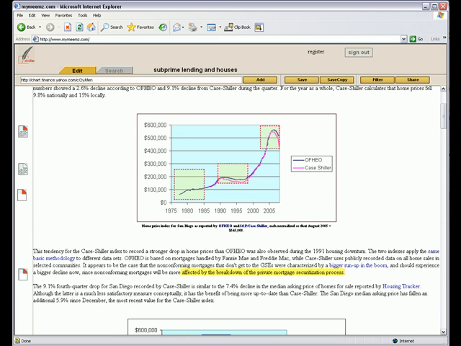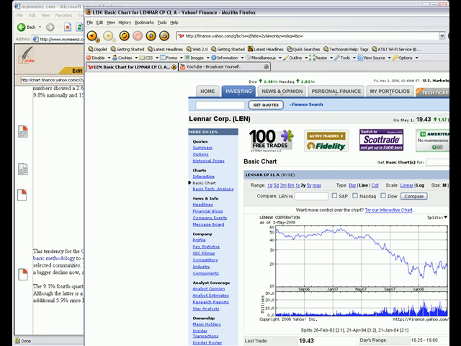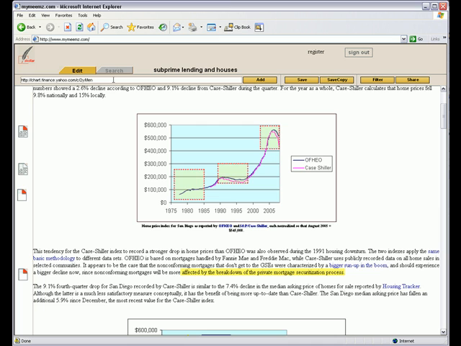And in this particular case, I've selected to add a document from Yahoo Finance, which has a nice chart, stock information for one of the major builders that would have been affected as a result of mortgages being made more difficult by subprime lending. So let's just select that URL. We'll now paste that in,